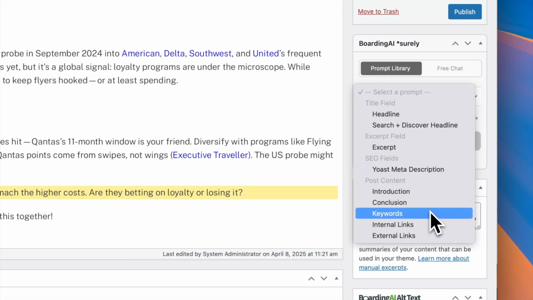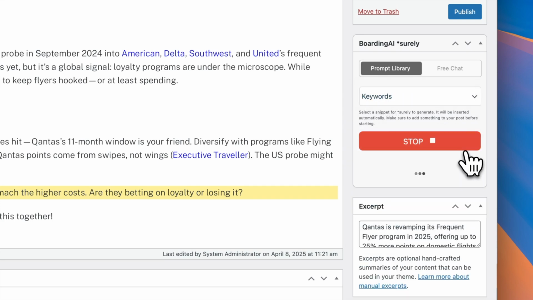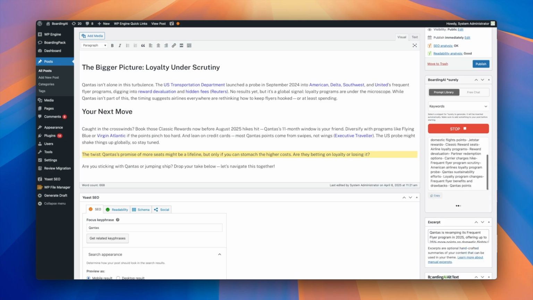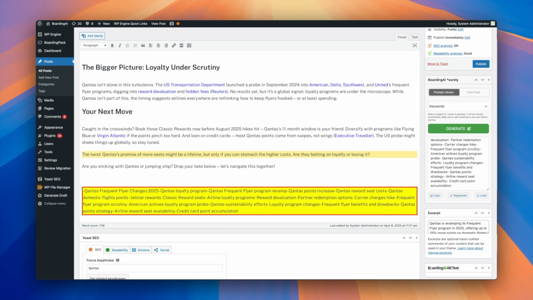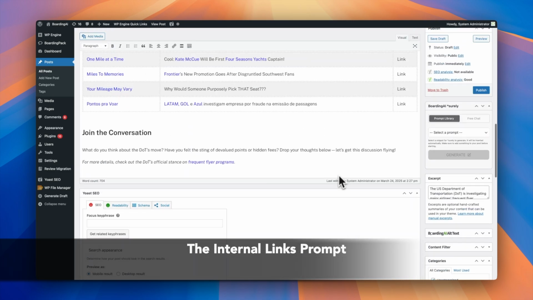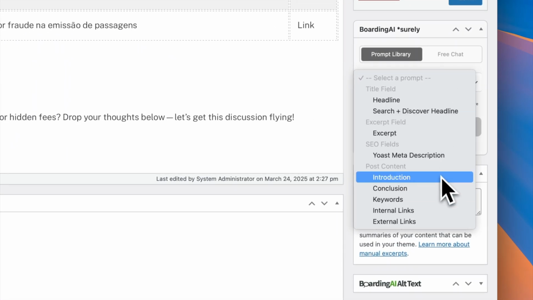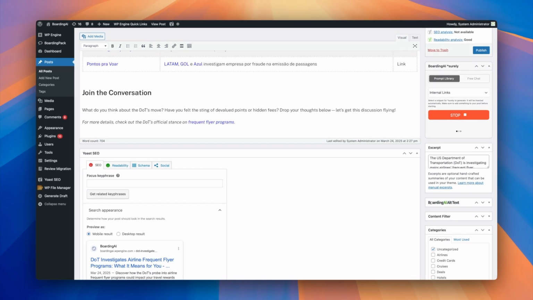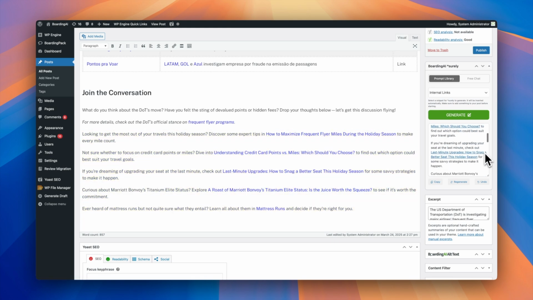These keywords are automatically inserted at the bottom of your post if auto insert is enabled. You can review and integrate them into your content or SEO tools as needed. The internal links prompt will attempt to generate up to 5 relevant published internal links from your site. If auto insert is active, these links appear at the bottom of your post, integrated into promotional sentences hyperlinking to